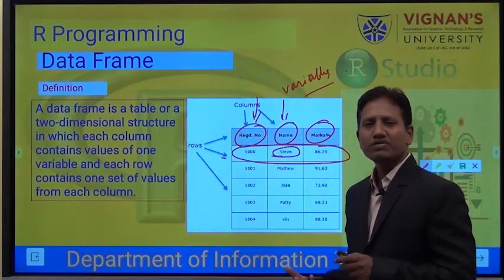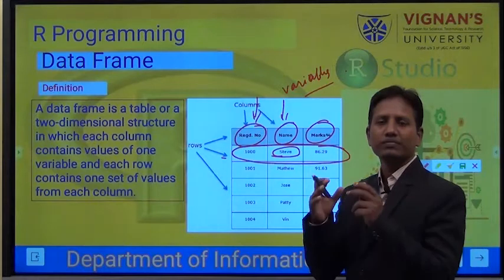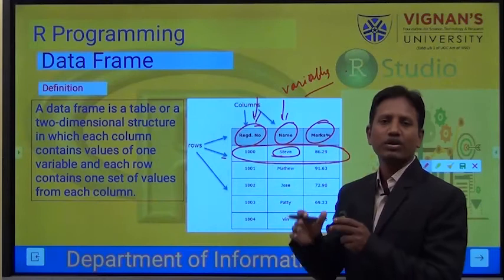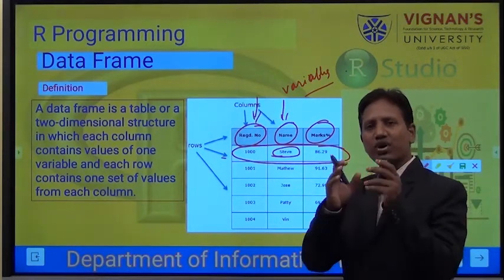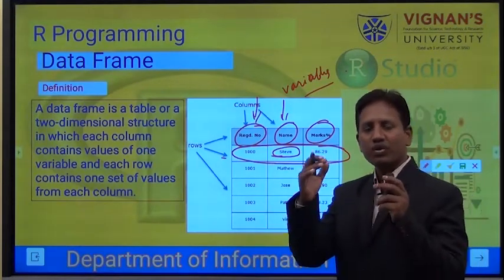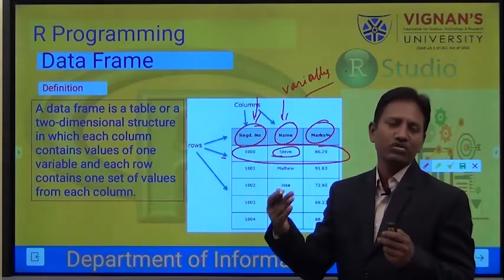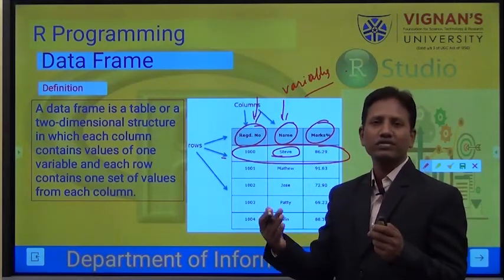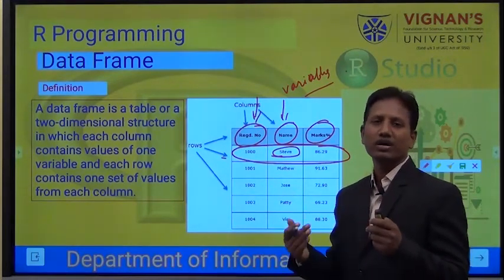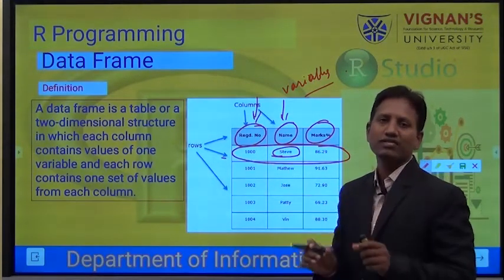For real-time examples, if we take bank data: a customer ID, bank account type, how much balance he is having, what loans he is having. Like this we are going to take the attributes or the features, and there we are going to put each and every customer's data. Some customers may have loans, some may not. If they don't have, that value is going to be NA or null. If he has, we are going to give the value. But the fields are important to analyze the things.